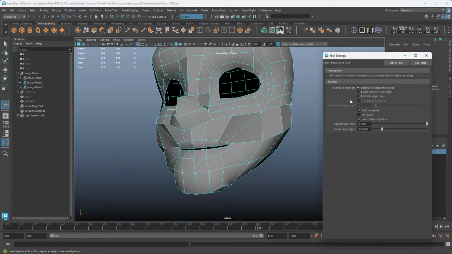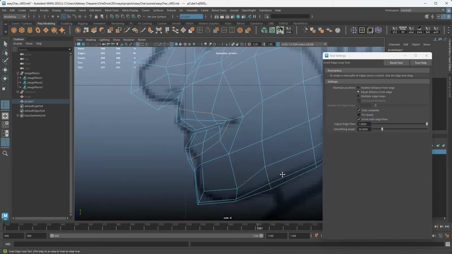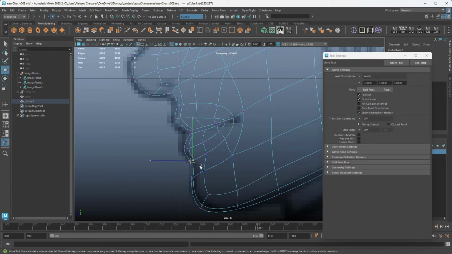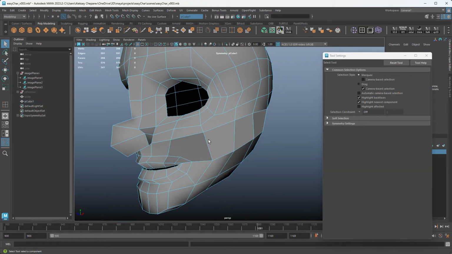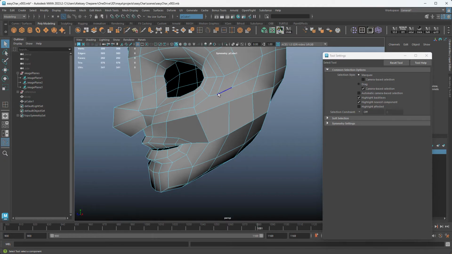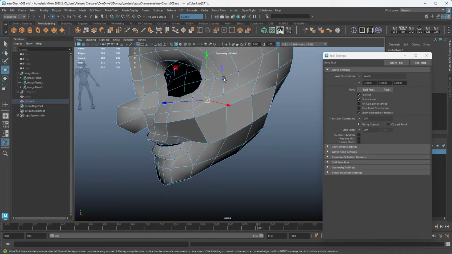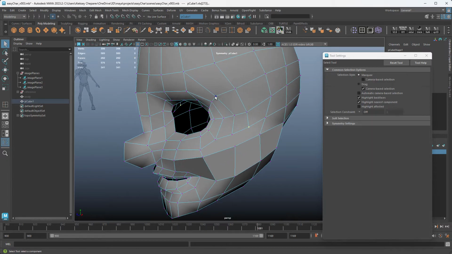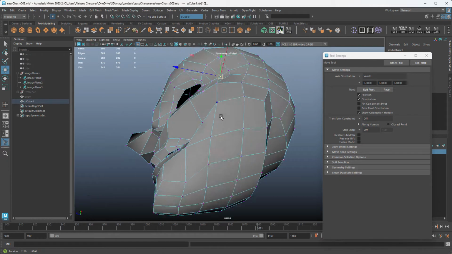So we need to add a little more loops for the lips. So I'm going to do equal distance, just add a loop here like this, and then move it back. What we need to do here is get rid of this point and this one, and then figure out what can we do here. So if I also get rid of this edge, I can see that I have 3 vertices here that if I space them out, I'm starting to get nicer edge flow. So we have 1, 2, 3, but I only have 1 loop here.